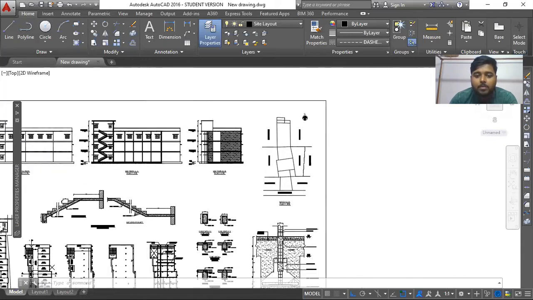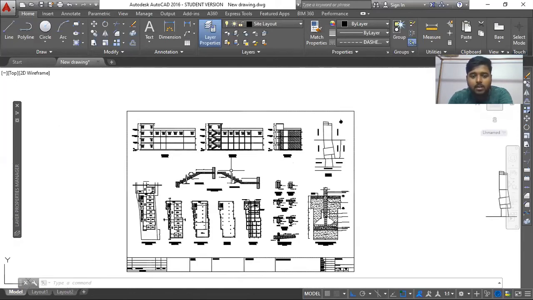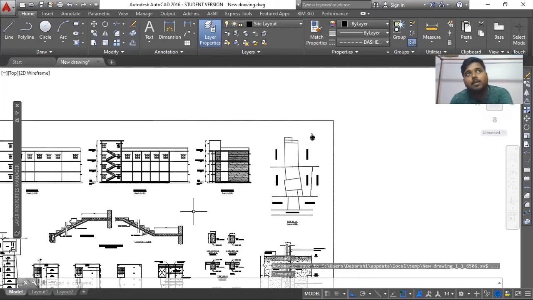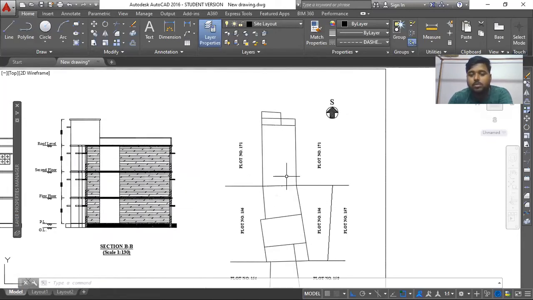This is also important if you are providing him some kind of complete drawing set, because if the person is only interested in your 3D interior design or 3D exterior modeling, how the house will look, the client is only concerned that he needs a rendered image of how his building is going to look. He is not that much worried about these things, so you don't have to consider this. But if the client wants building elevation, building sections and all those things, in that case you need to do this.